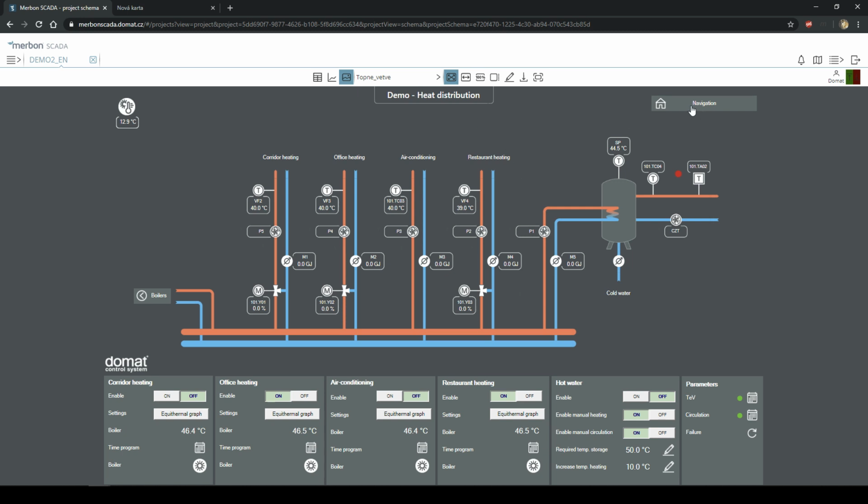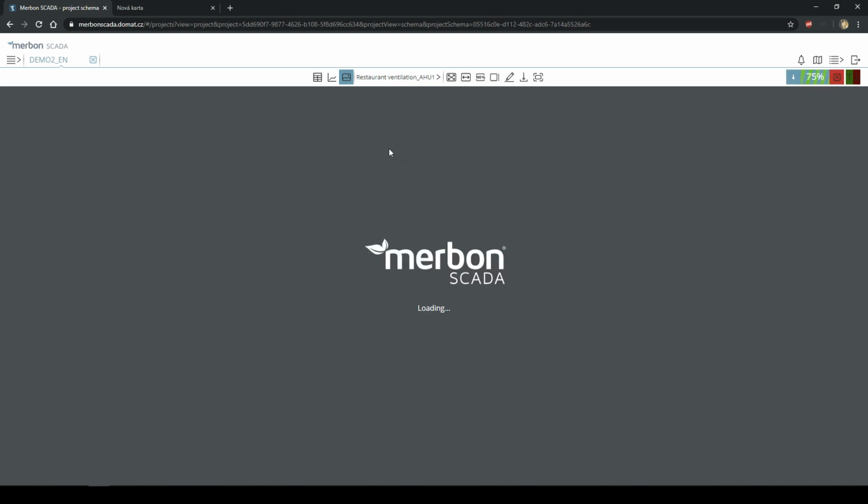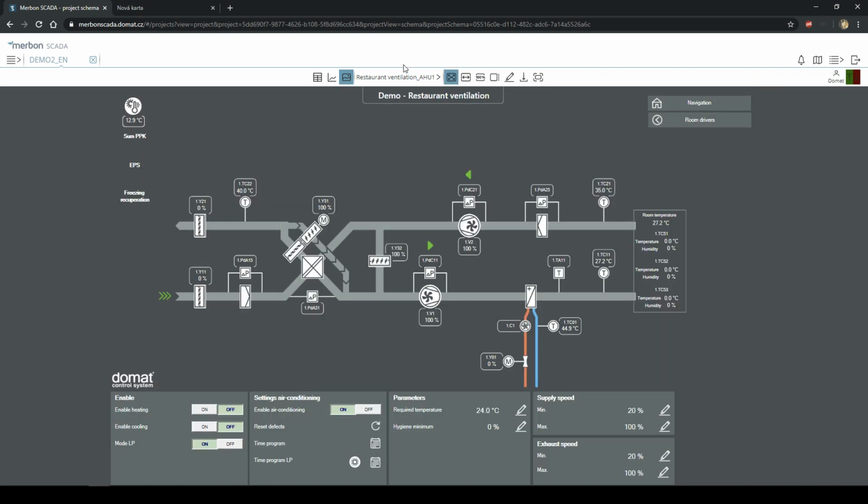So either you have a navigation implemented inside your project like this, or you can navigate through this menu, let's say, list of the available pages. Okay, there is air conditioning,